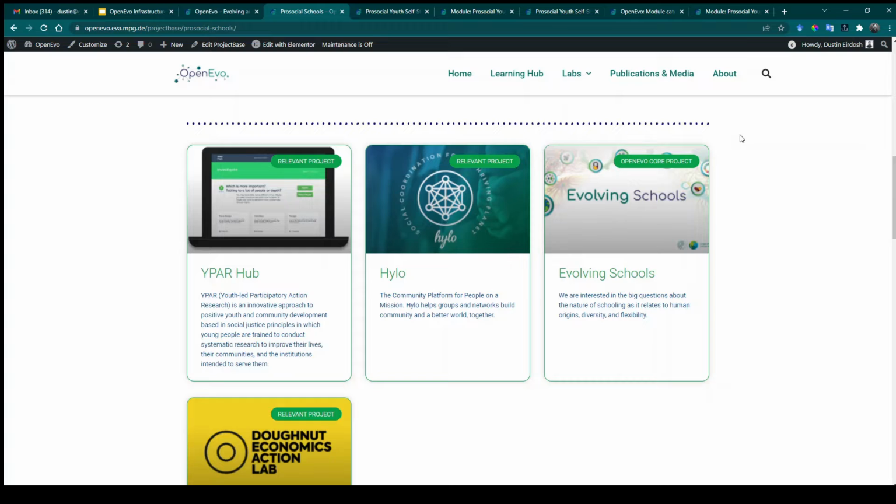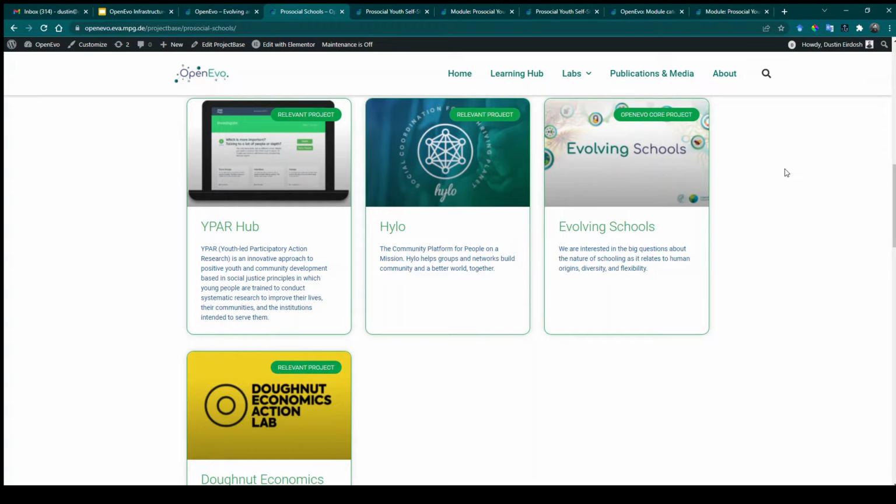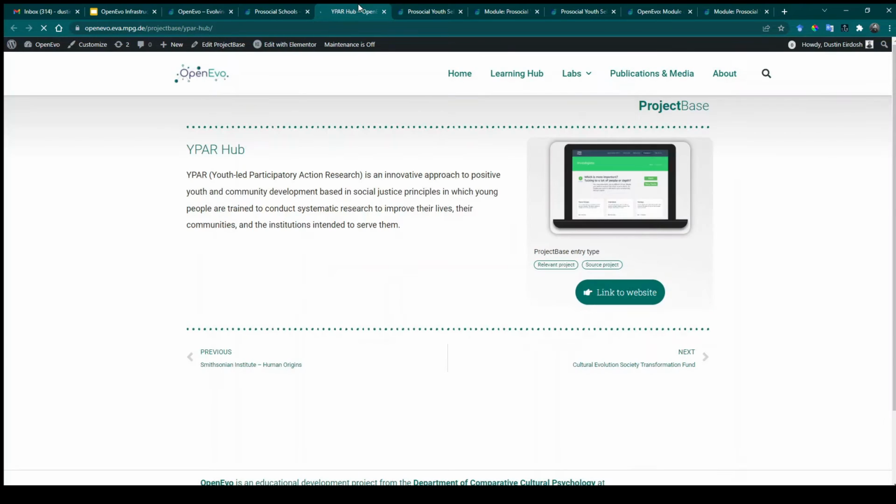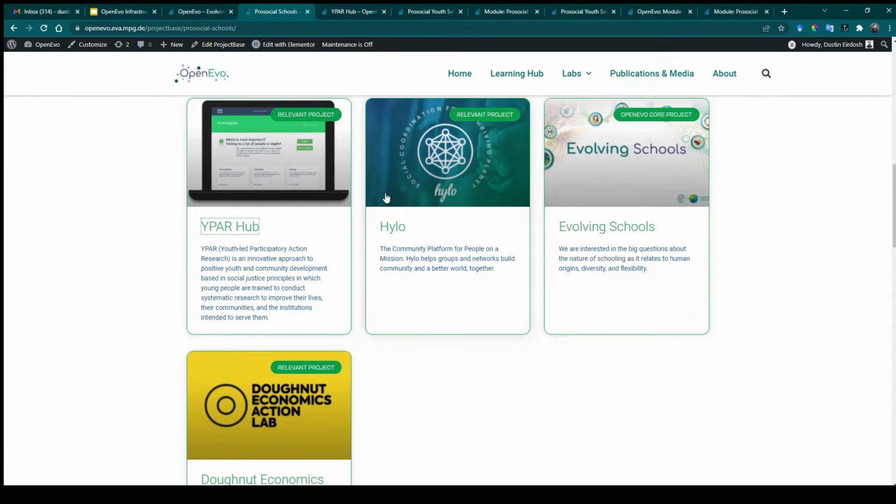But for quicker reference and for more open access, they can be exploring various aspects within the Prosocial Schools tagged resources on OpenEvo. So this may include projects like YPAR Hub, which is the Youth Participatory Action Research website that holds a lot of our basic methods.